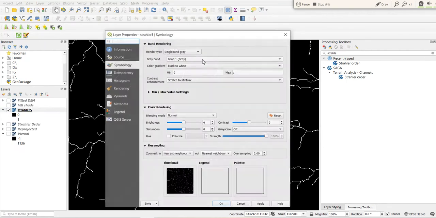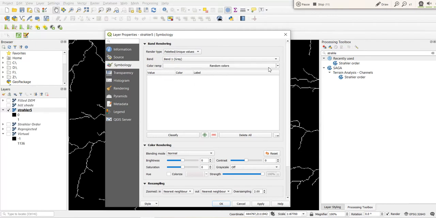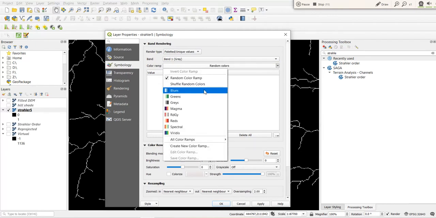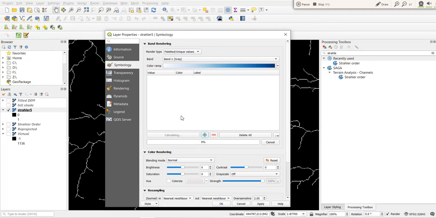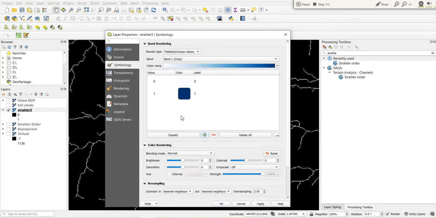So go into the properties, and here we select unique values, band, and the color I will select is blues, and classify. It is calculating the classification with 0 or 1. If it is available, it is 1.